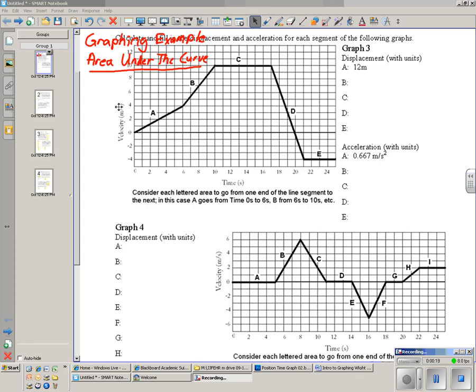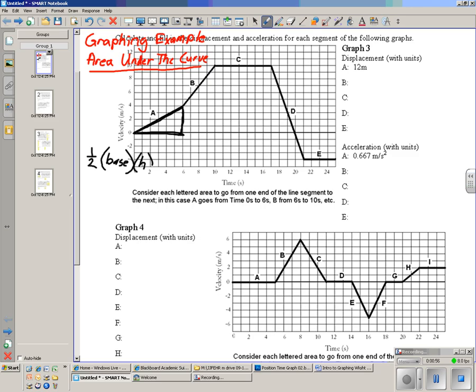In this case, I can see it is a velocity time graph. If I have a velocity time graph and I'm looking for the displacement as is suggested up here, that means I'm going to be doing the area under the curve. Area under the curve in this case is referring to, for example, section A, which is showing up here as a nice little triangle. In the case of a triangle, the area is 1/2 the base